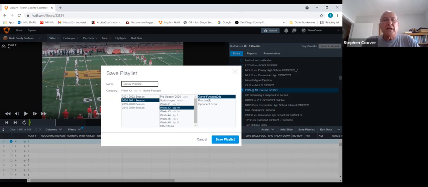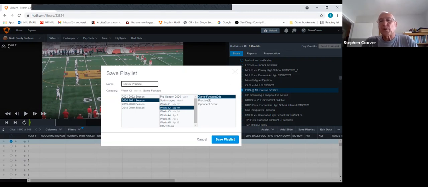And I want it to be in the 2021 season because I want it to stay right here. I want to stay in week 2 because I want it to be in here right now. Actually, I want it to be right next to PHS. So it's alphabetical as well. So I'm going to make this a different name so it'll be right next to Poway. I'm going to call it practice